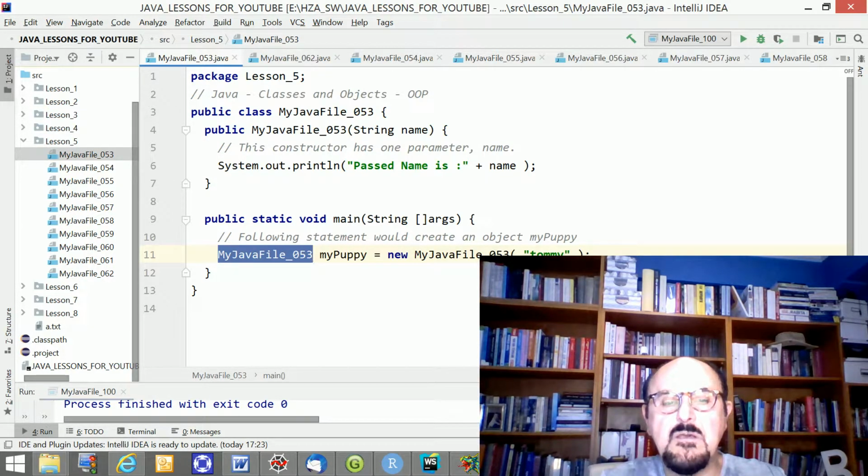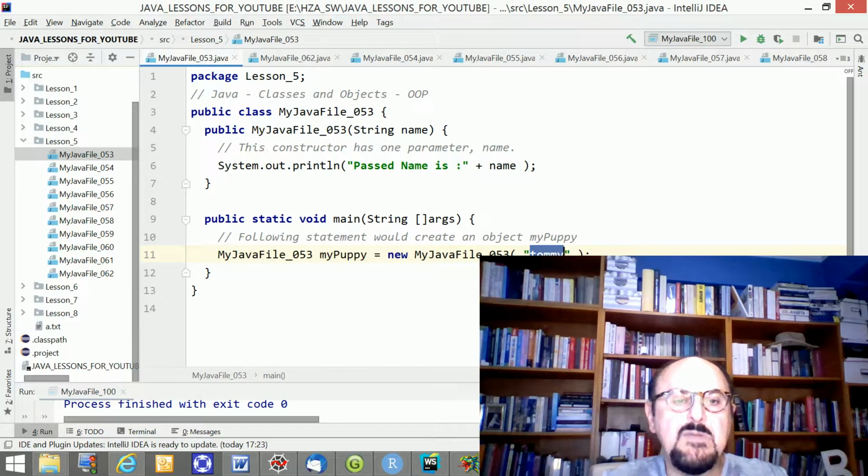When I created this class, I defined an argument, a string, in fact. So whenever it is created, it goes there, and this string will be passed as the value of name. And when I run this one, you will see that